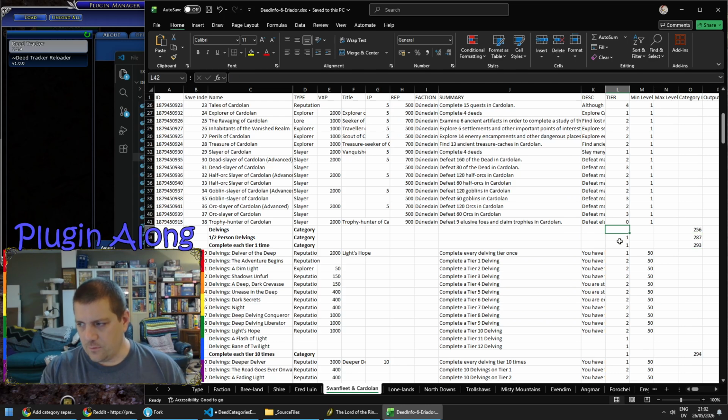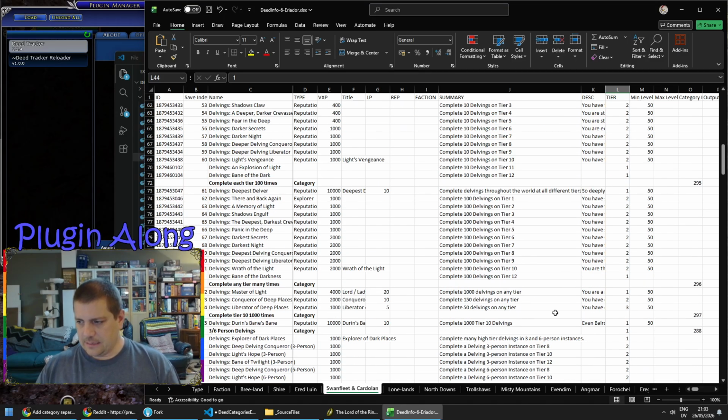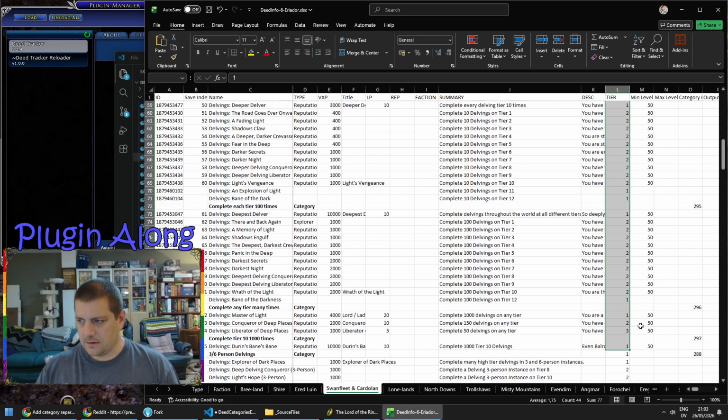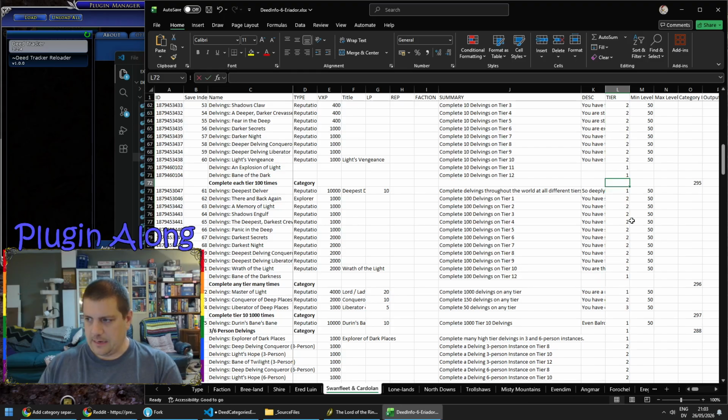So this indent would be 0, 1 to 2, and this should be down to here. Then these should all be 1 higher. But we're going to go ahead and